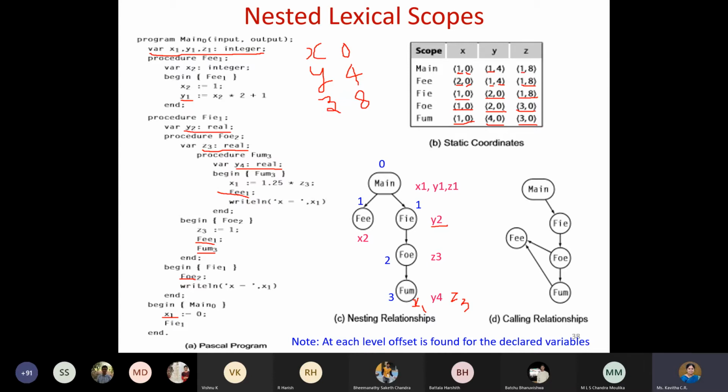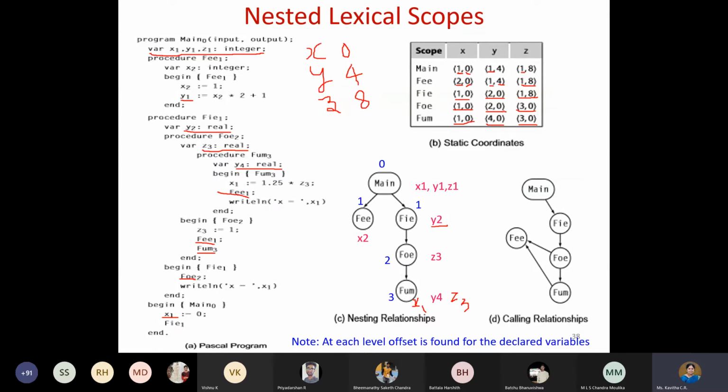Any doubts, students? Ma'am, actually only in the dynamic scope we use the recent scope, right? No, in the dynamic, what happens is we actually push the names onto the stack. From there, we will take. So I will cover the next example also with the dynamic scope. Then we will discuss. We will compare both. Okay, that will be fine.